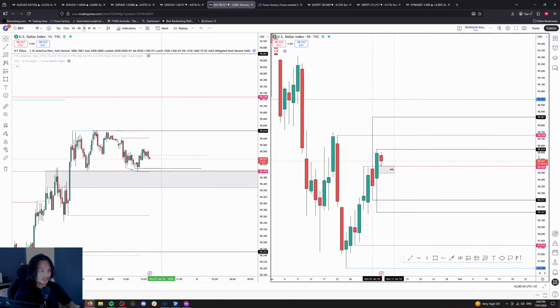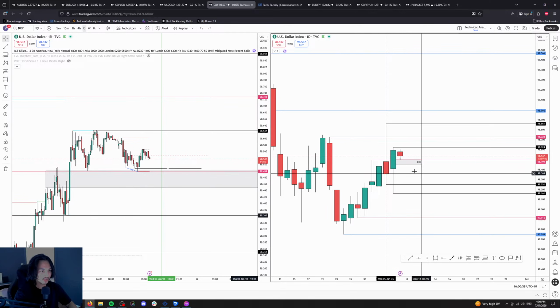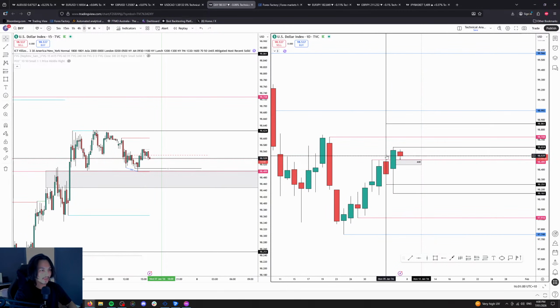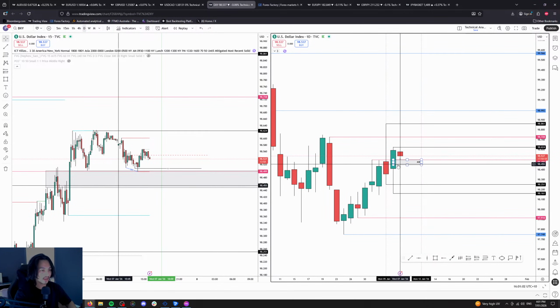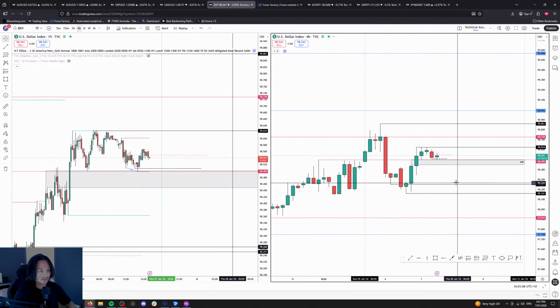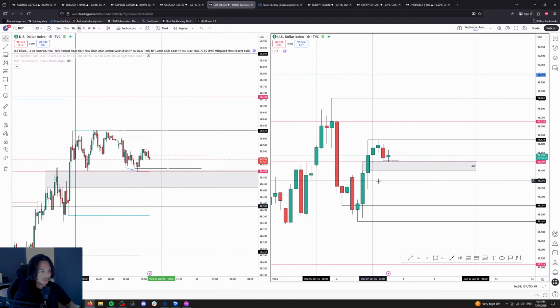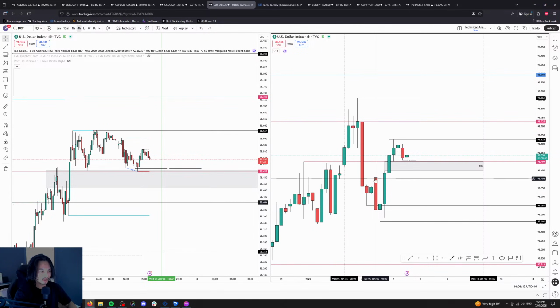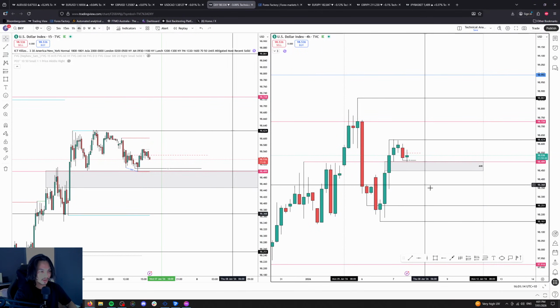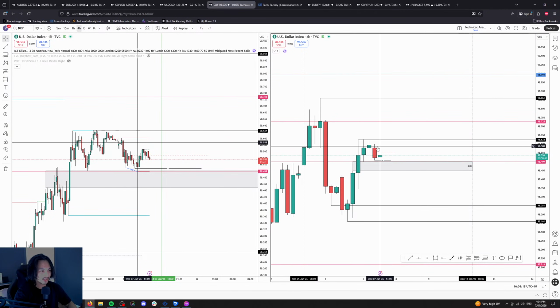As we can see on the daily, we're just working with the previous daily close. We have a nice bullish candle here. Now I'm anticipating this next candle today to continue bullish. So I'm simply waiting for, on the lower time frame, a swing formation after a change of state of delivery here. So as you can see here, this low was broken. We have a new high created. This is the previous daily high, and price is retesting a